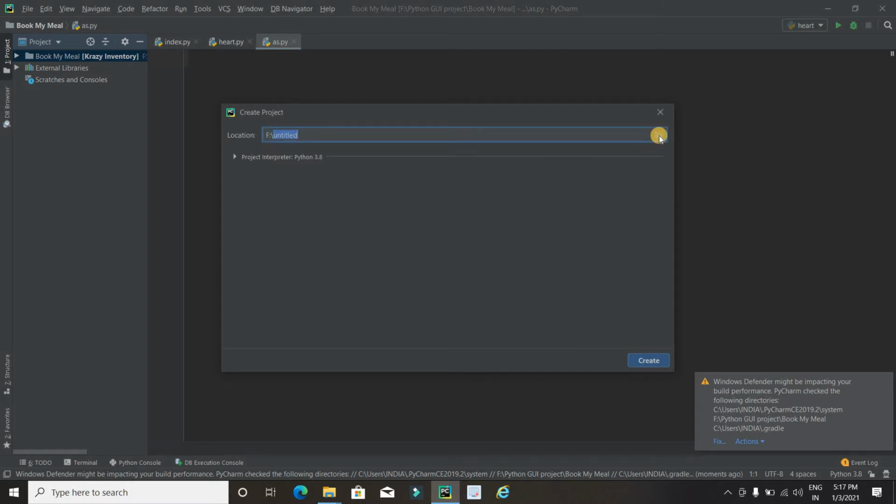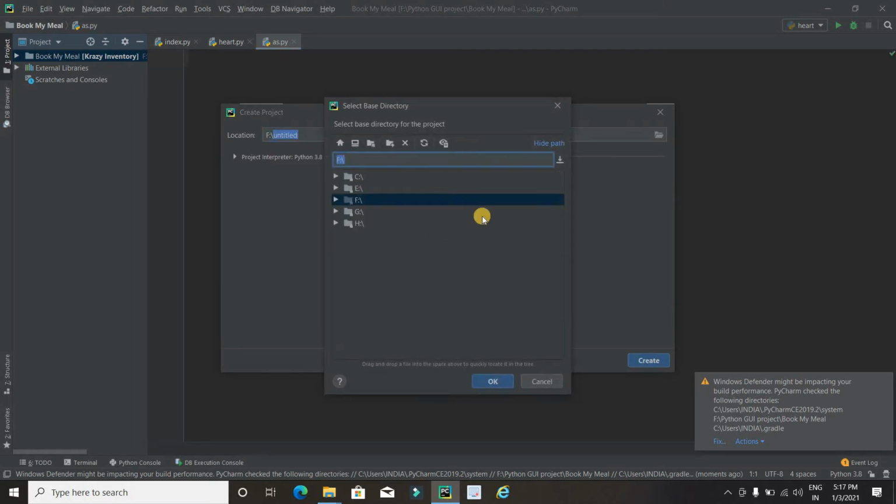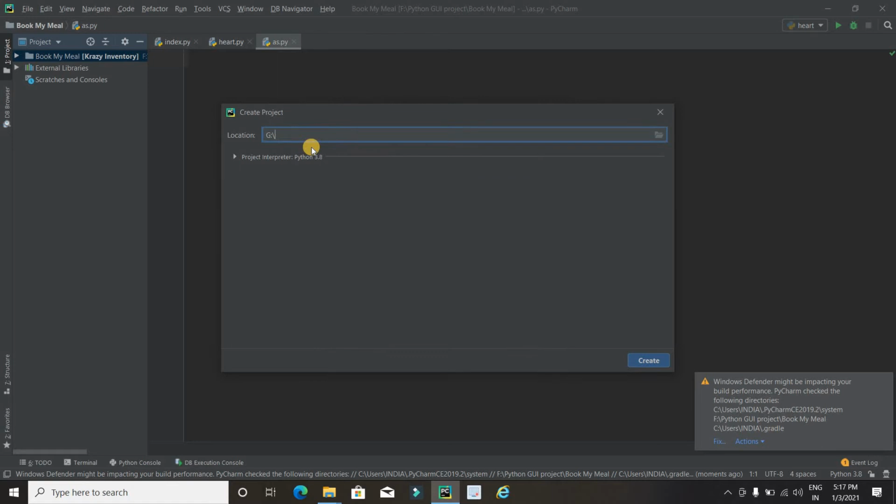By clicking on this file icon we can select a directory in which we want to create our project. In my case it is G drive, so I will select G and OK. After the directory name we have to type a name for our project, so here I will type SMS, meaning Student Management System.